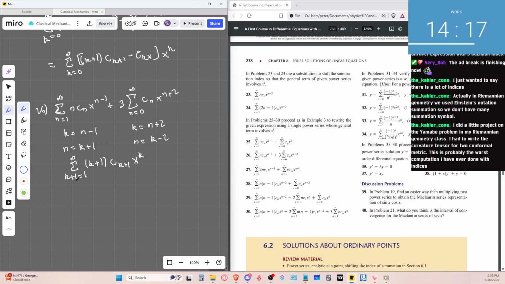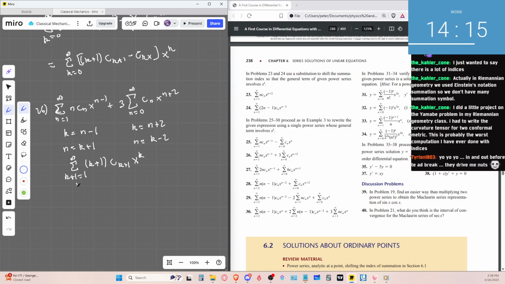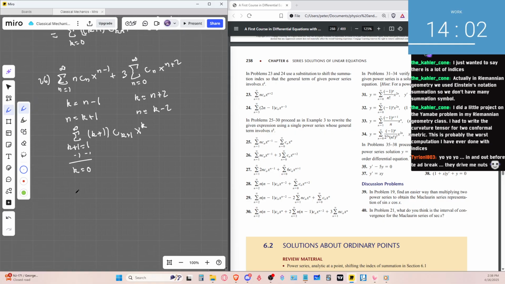In order to get the indices, you have to minus 1 from this side, get you 0, and that would equal 0. And for the other one, k minus 2 equals 0. So it's c minus